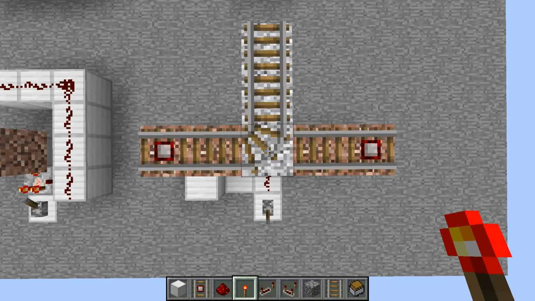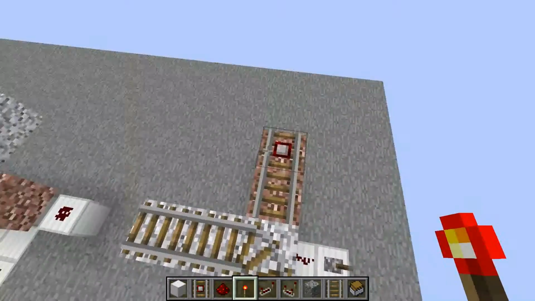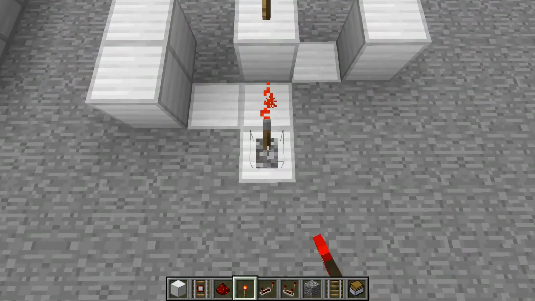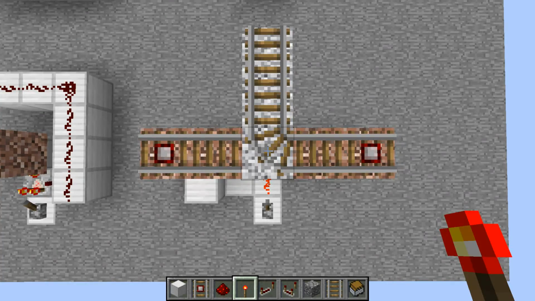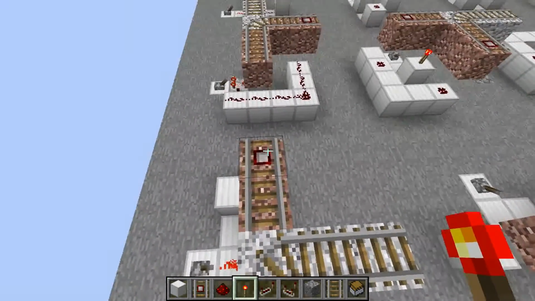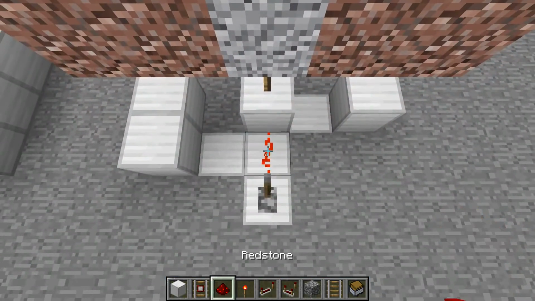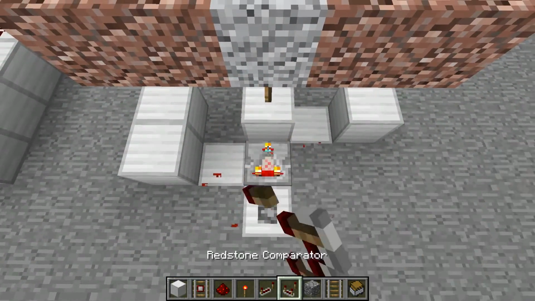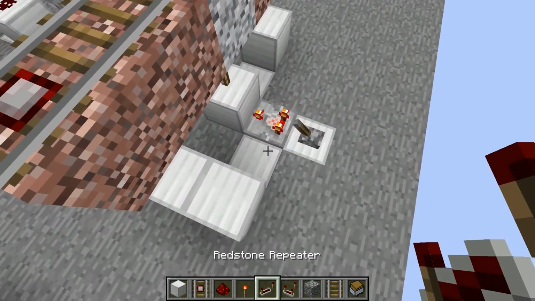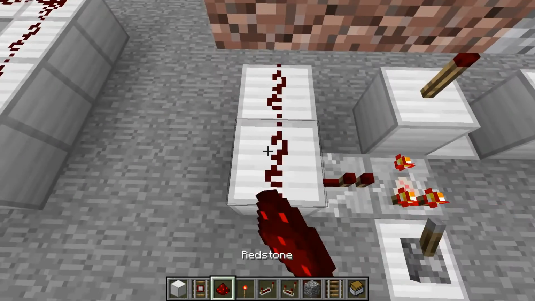Then, the combined group is a combination of both. While the block is powered, returning carts will be routed back correctly from this side, but not from that side. And when the block is no longer powered, returning minecarts will be routed back correctly from that side, but not from this side. So for this side, we will power the block using the detector rail, and for that side, we will do an override setup using a comparator and a repeater.